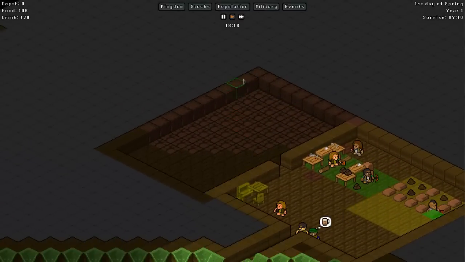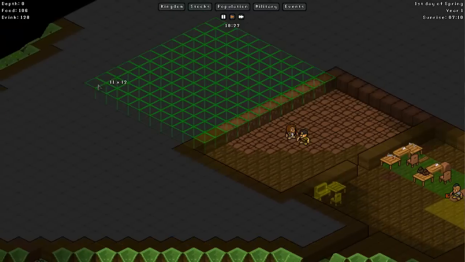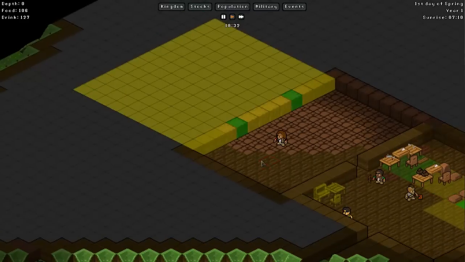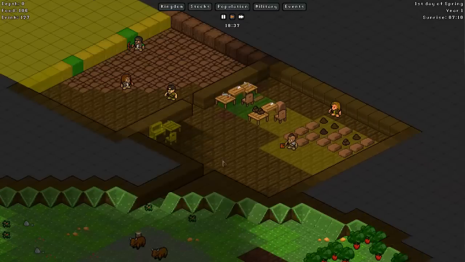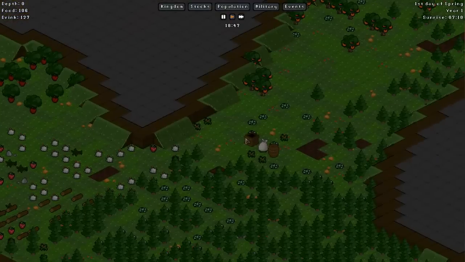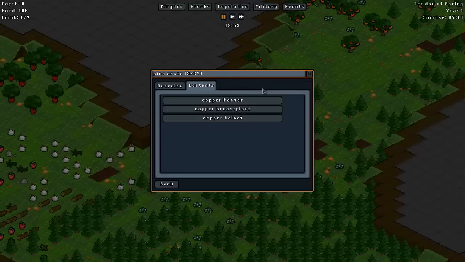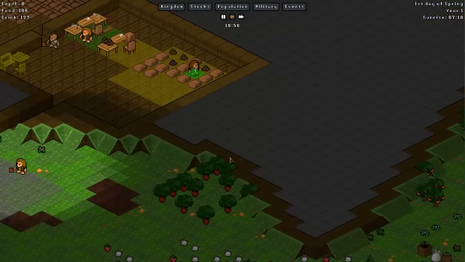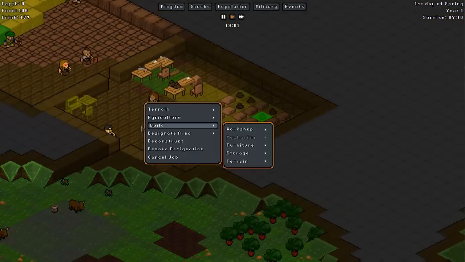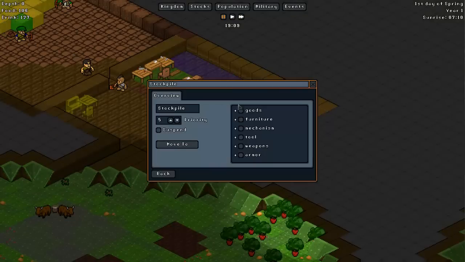So, you know, we've got this mining area. Let's just mine it out a bunch, because we're gonna need a lot of stone. Now you'll notice we had these barrels and crates over with us at the beginning. These crates contain some weapons and armor. I have a hotkey set for stockpile, so we're gonna make another stockpile,